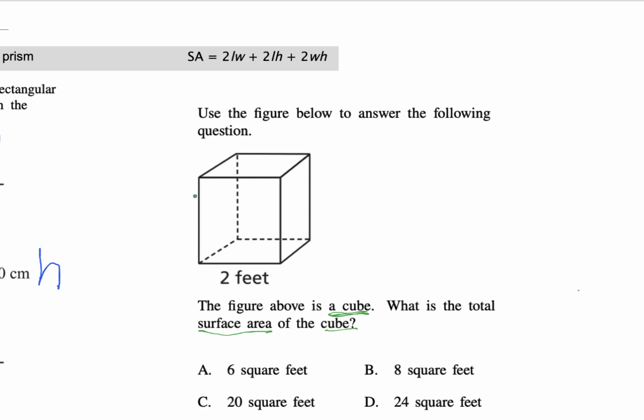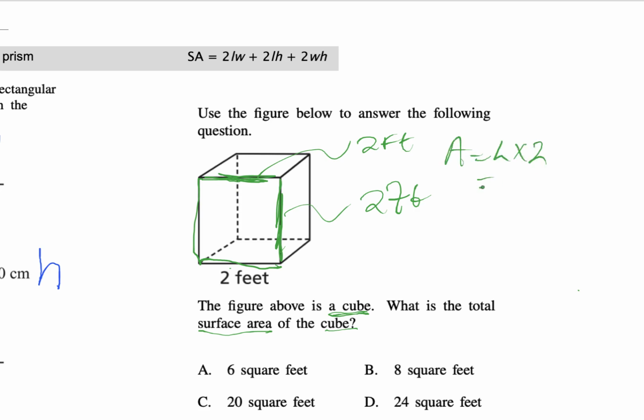So again, because it's a square, if this is 2 feet, then this here is also 2 feet, and over here this is 2 feet. So the width is 2 feet, the length is 2 feet, and the height is 2 feet. Now because they say surface area, it means that all the faces will have the same area. So I'm just going to find the area of one face. Because it's a square or rectangle, the area would be just length times width, which is 2 times 2,